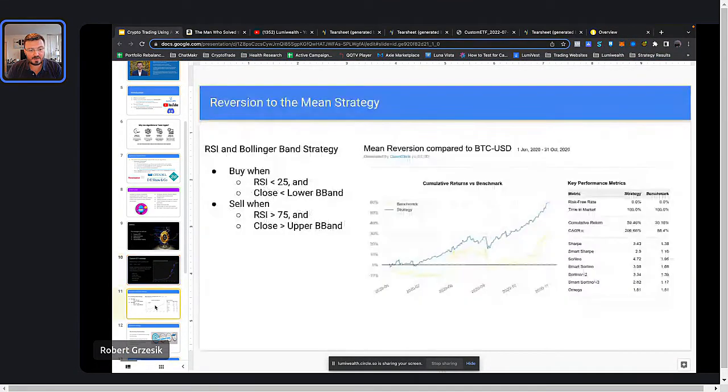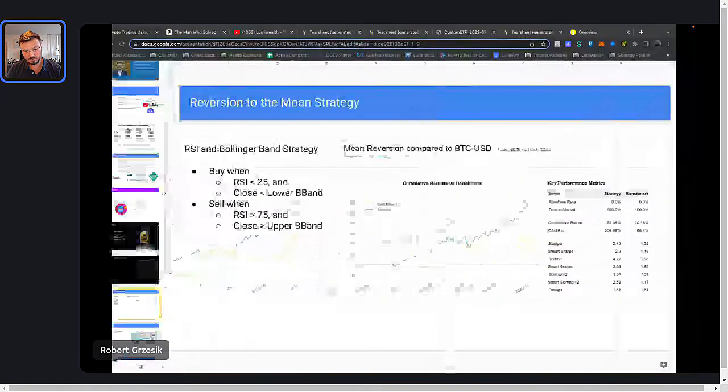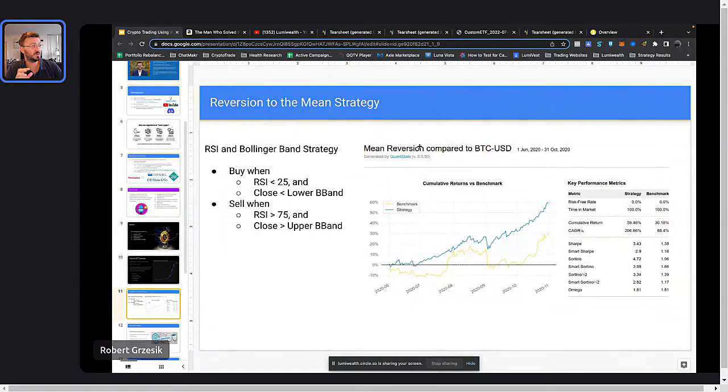Then we also have another strategy here, a mean reversion strategy. This one's killer too. This one has really impressive results. I'm not going to show you the back test for this one because it will take a really long time to run. It took me maybe 3 hours to back test because it goes through quite a bit of data. But I'll first describe what it does, and I'll show you the results, which I ran a few weeks ago. So basically it's a reversion to the mean strategy, which are pretty popular.